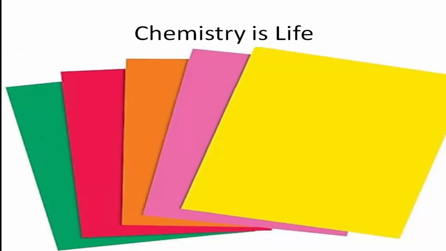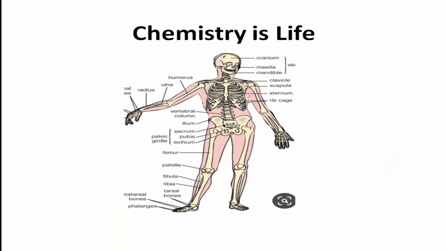Then paper is important for our lives, and we use it in different forms, in notebooks, textbooks, or any other form. Paper is made of cellulose. Cellulose is extracted from plants, and cellulose is basically made of glucose, and again glucose is a chemical. It's a carbohydrate. Its formula is C6H12O6, which clearly indicates that it is a chemical.